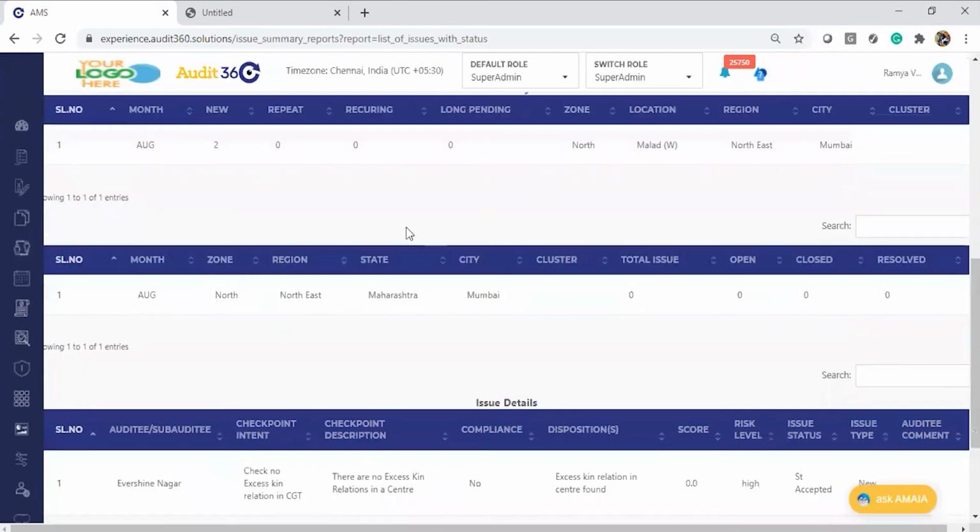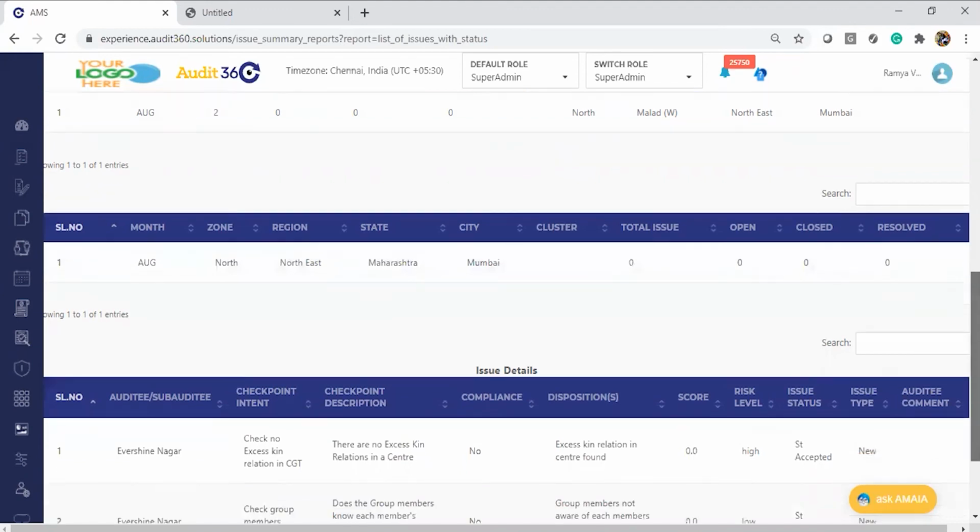The next summary would give us the status of what is happening with the issues we have identified. If you have an issue which has been identified, how many of them are open, closed, or in a resolved state, those would be identified in this summary.